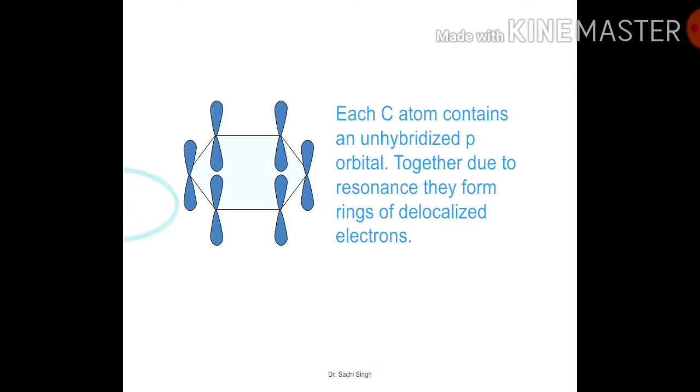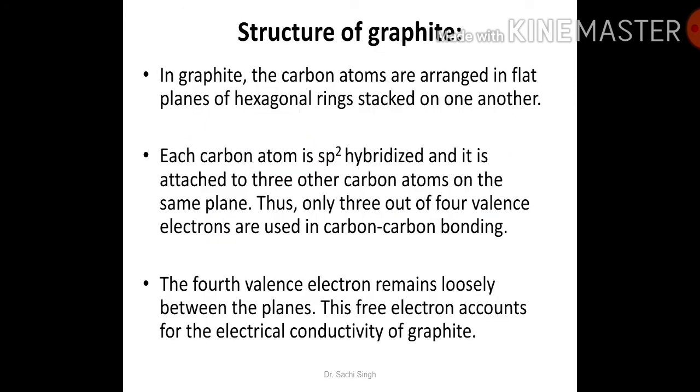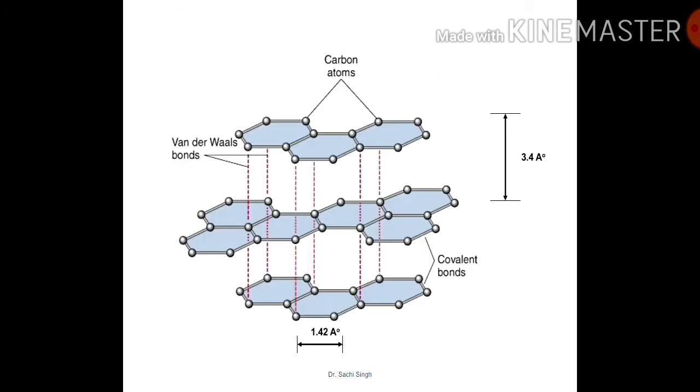Each carbon atom has an unhybridized p orbital, and together due to resonance they form a ring of delocalized electrons. So in the structure of graphite,